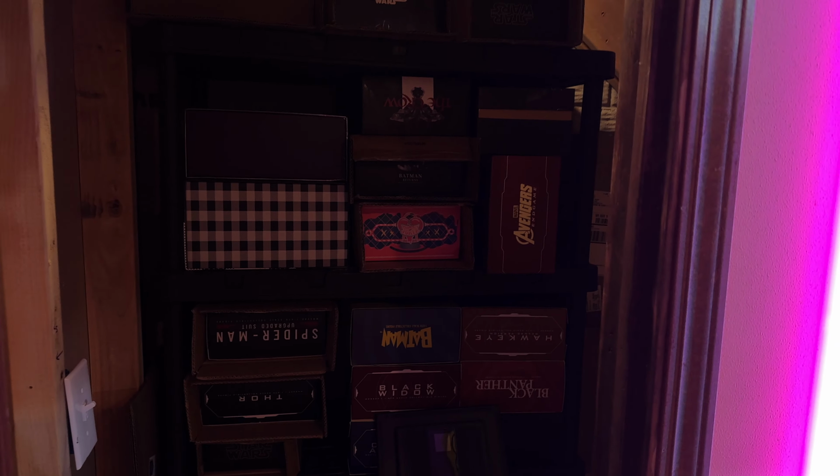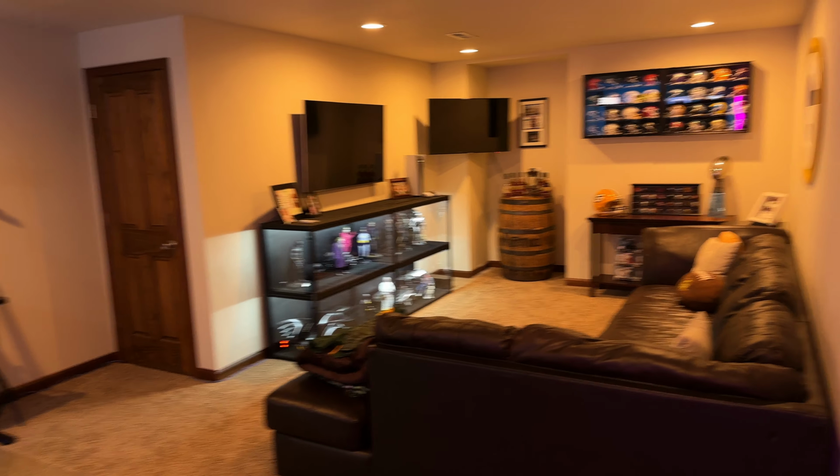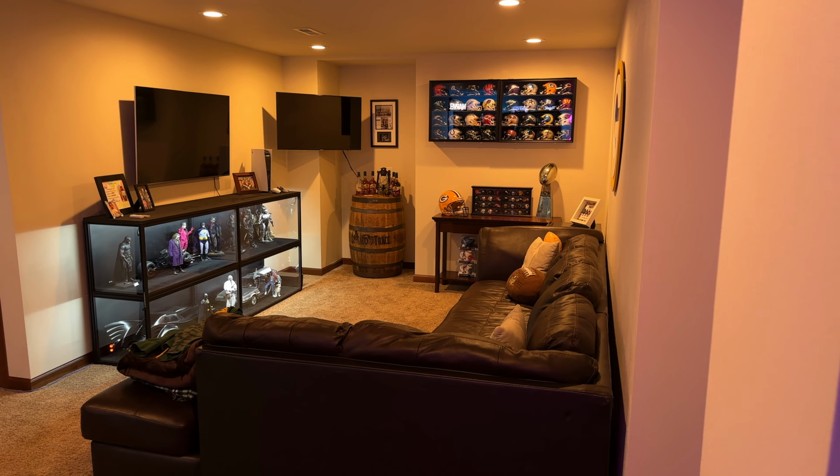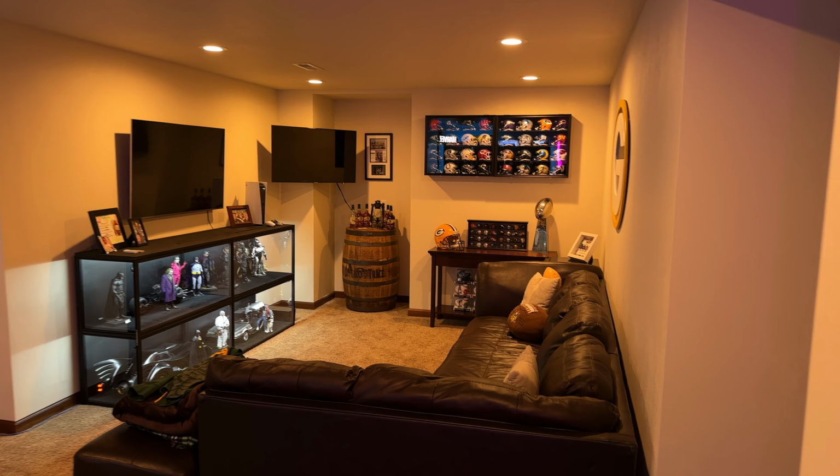Not much light there, but you kind of see. And then it goes under the steps. Yeah, a lot of boxes. But yeah, so that's the new setup. I'm really happy with it. I might have another DF coming. I don't know where I'm gonna put it, but